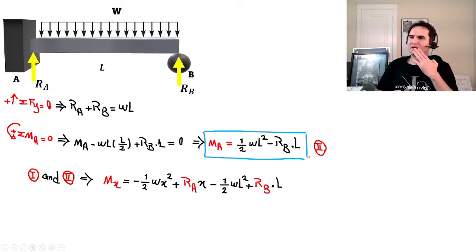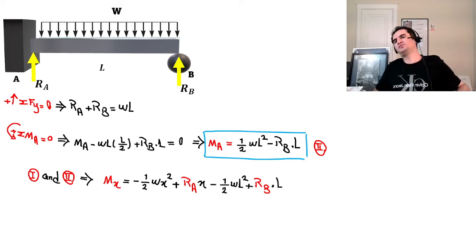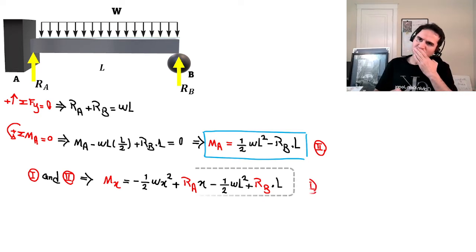And then combining 1 and 2, it gives us Mx equal to negative half of Wx squared plus RAx minus MA. We just replace MA in the equation. And if we call that equation 3,